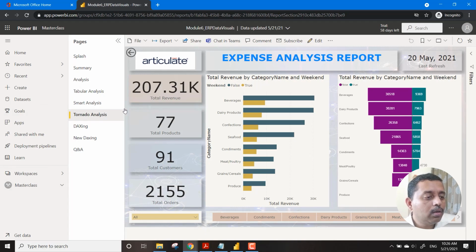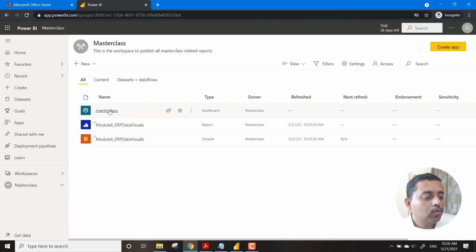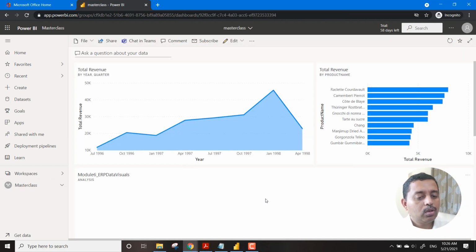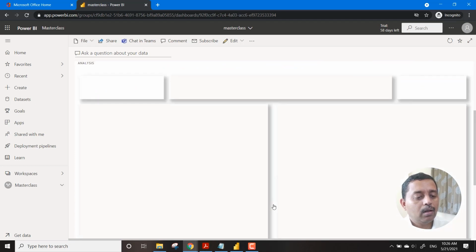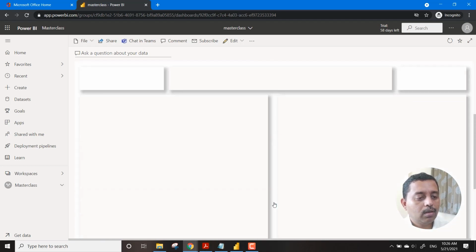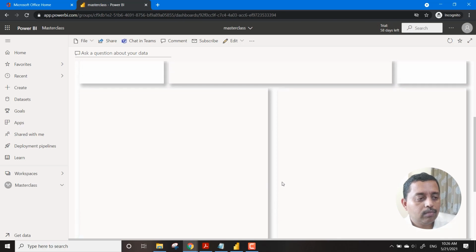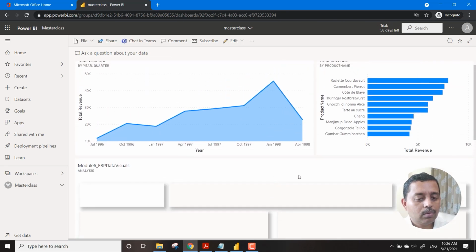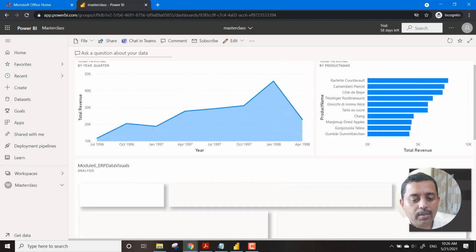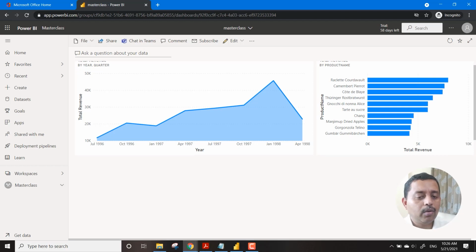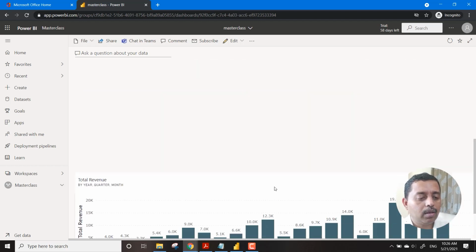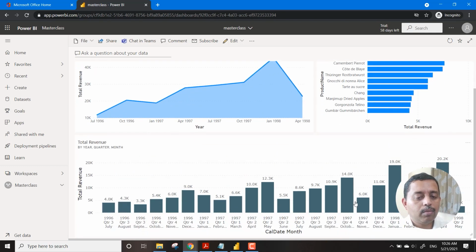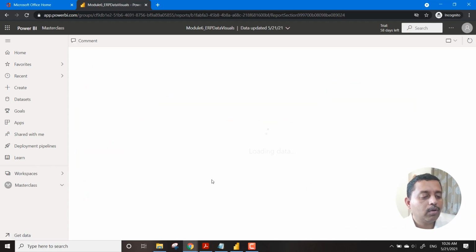When you go to the dashboard part, if you go to the masterclass dashboard, you can see that the report page has changed. Because the report page has changed, you can delete the tile. You can manage these tiles absolutely, that is not a problem at all. We changed the tiles, so we have to bring it back from there.